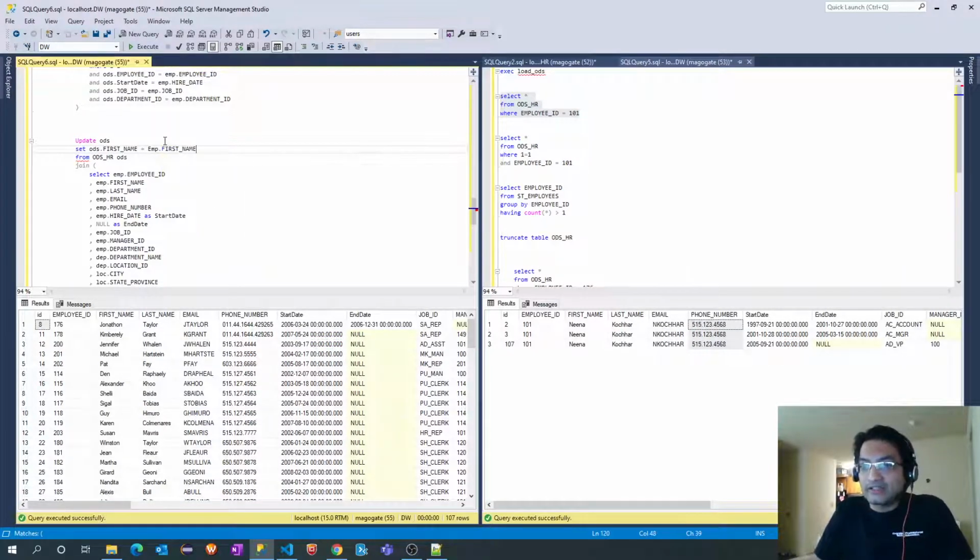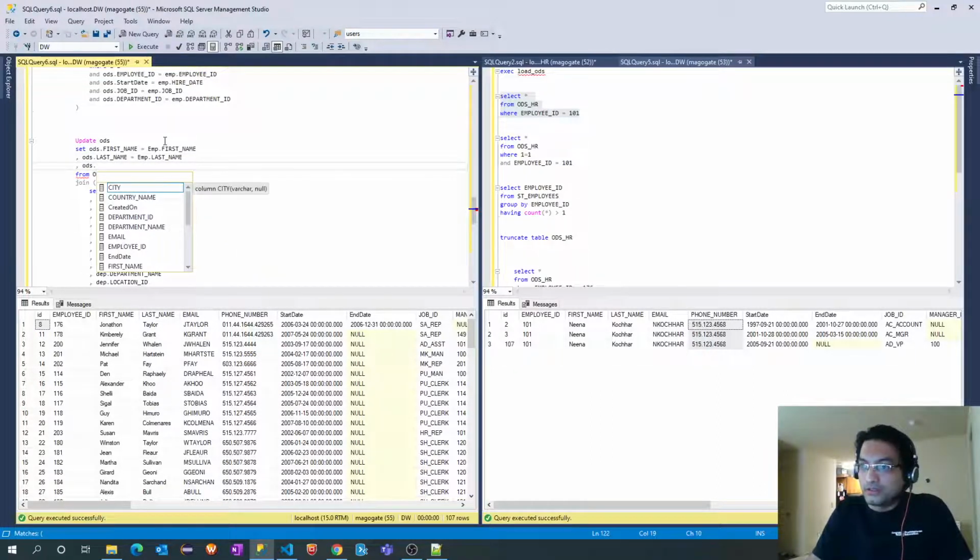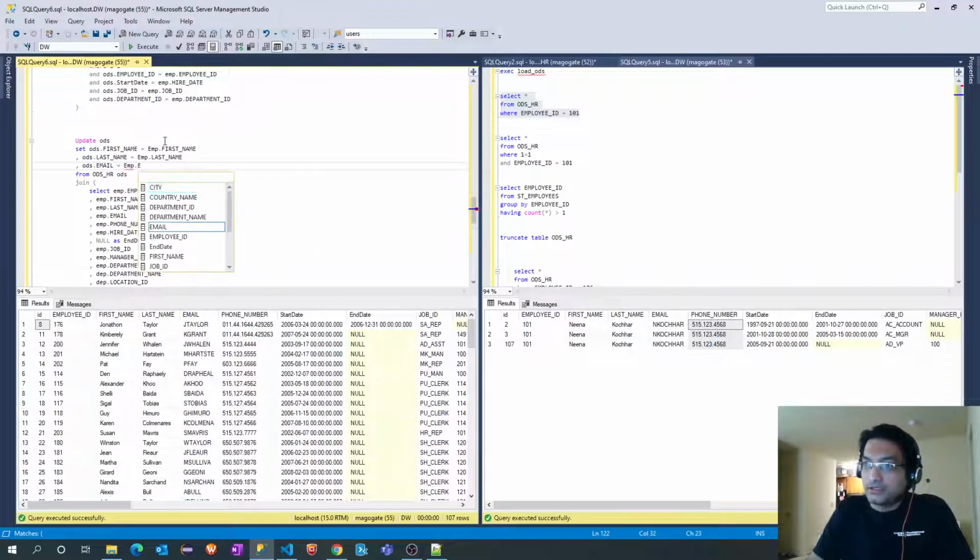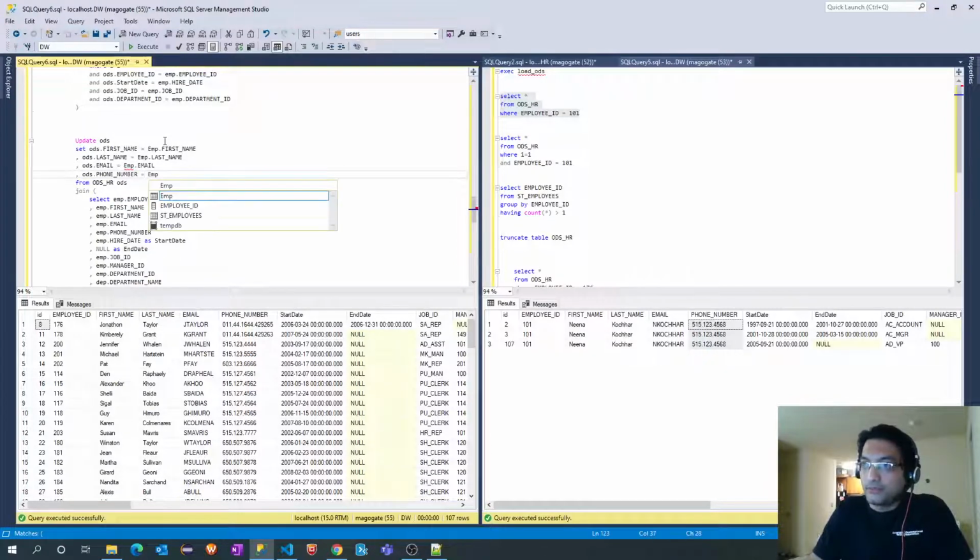So if there is any change, it should update in the ODS table. ODS dot last name equal to employee dot last name. ODS dot email equal to employee dot email, and ODS dot phone number equal to employee dot phone number.